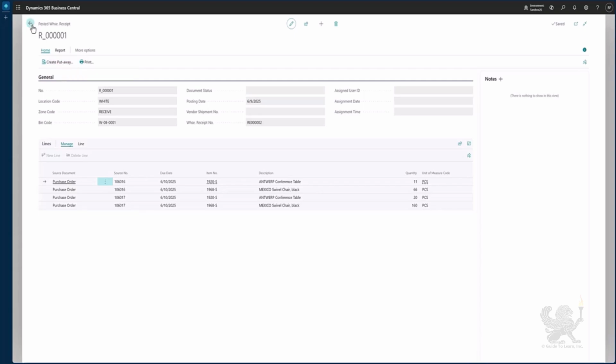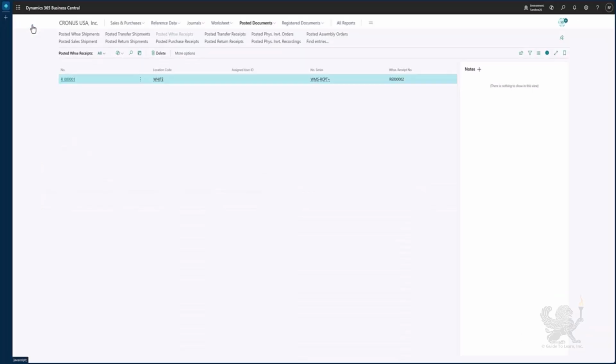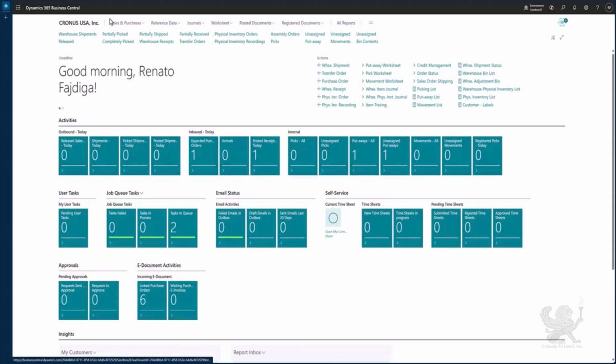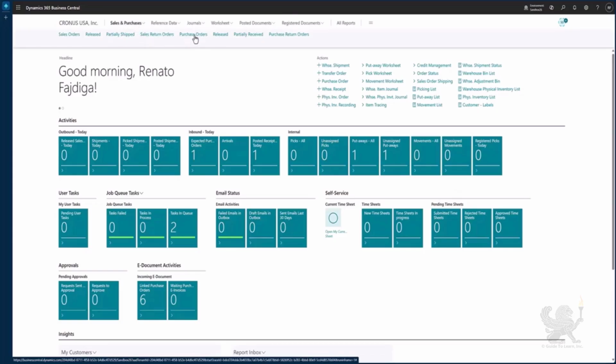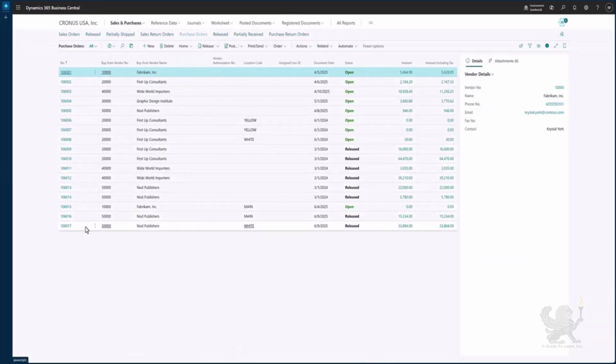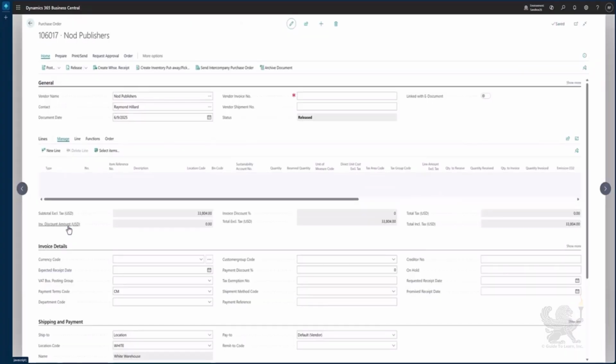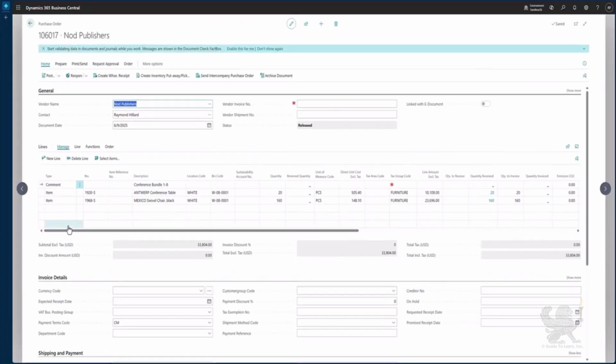If we remember, there was also a source document that has been posted. So if we go home and we navigate to our purchase orders and we open our purchase order that we created, okay, we see that our quantity has been received. So this means that our purchase order also has been received with a warehouse receipt. So when posting a warehouse receipt, the program automatically updates the source document, meaning that it is updating the status of